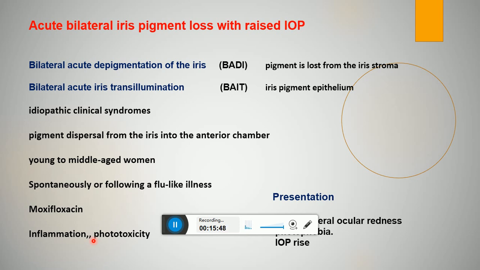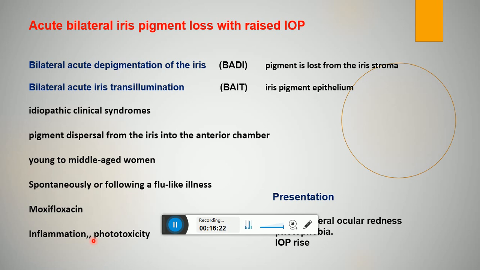Findings in the two differ: the pigment is lost from the iris stroma in the depigmentation type, and pigment is lost from the iris pigment epithelium in the transillumination type, and there are marked iris transillumination defects, and there is irregular mydriasis in the second type, the transillumination type, and